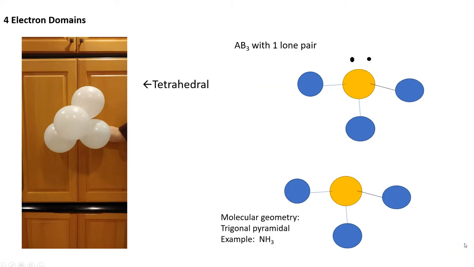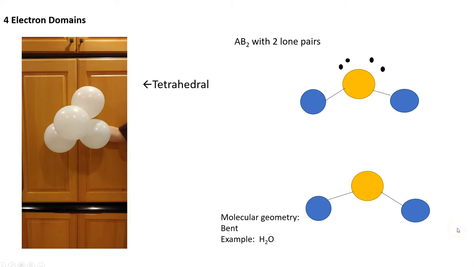In the four electron domains, or the tetrahedral shape, we have the AB3 with one lone pair. So we have three atoms connected to a center molecule with one lone pair on the top. This shape gives us trigonal pyramidal, kind of a tripod shape. Ammonia is a good example of this one. In the four electron domains with the tetrahedral, we have the AB2. So this one here is a water molecule. So we have a center oxygen with two hydrogens here. There's two lone pairs on the top, which push down the two hydrogens on the side and give the molecule